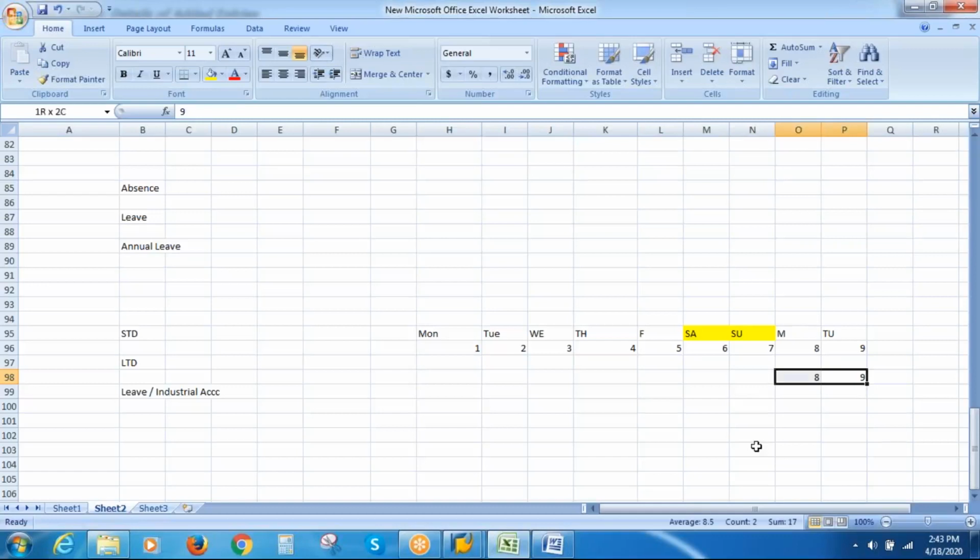And then let's think of another scenario wherein I want to start booking absence from the 3rd onwards: 3rd, 4th, 5th, 6th. I want to book absence for 4 days, from the 3rd to the 6th. Now what is happening? The 6th, the last day of the absence, is a day off. So the system should give a message saying that you are trying to book absence on the 6th, which is already a day off, right?